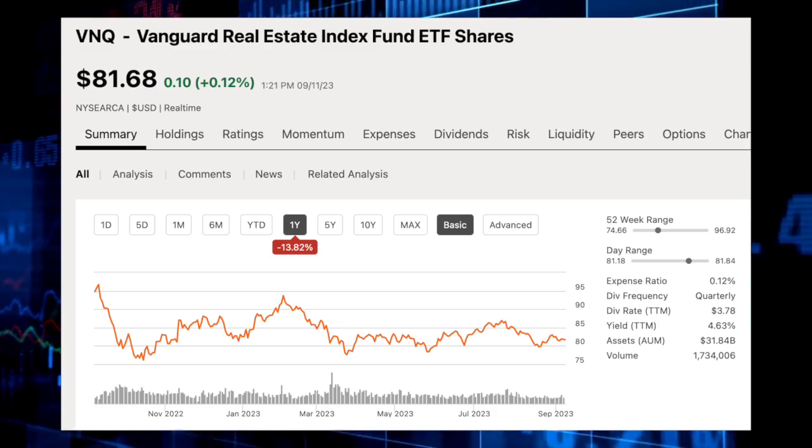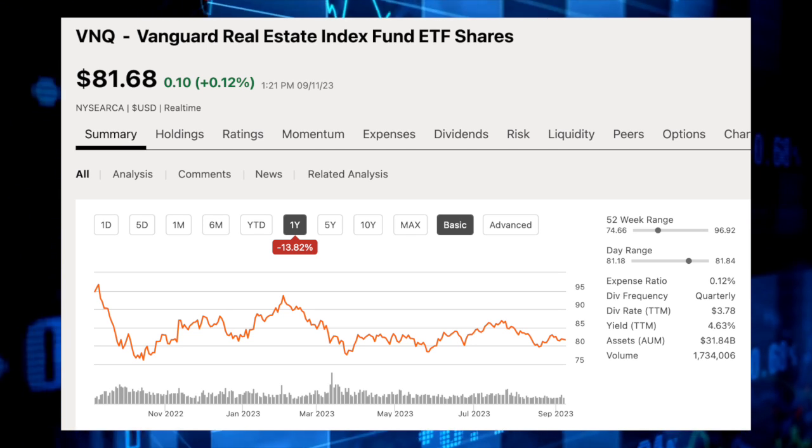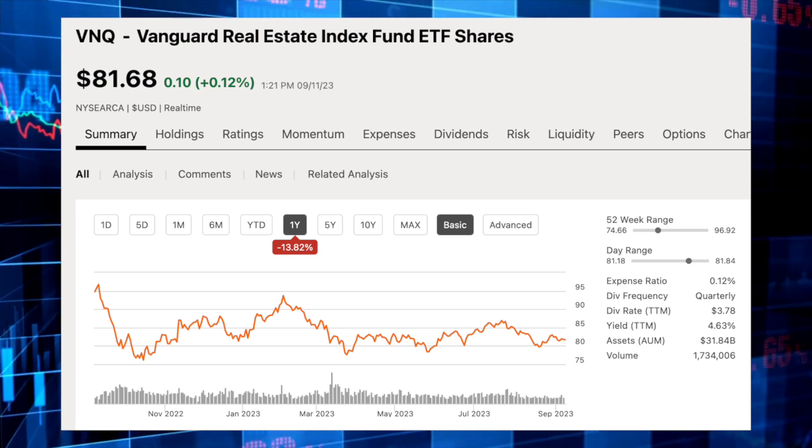ETF number 5 on our list is VNQ, which is the Vanguard Real Estate ETF. We've now moved away from technology and we're into a sector, real estate, that hasn't really been represented at all within any of the other 4 ETFs that we've covered so far. So if you're looking for specific exposure to the real estate sector, or REITs more specifically, then this is one of the most popular REIT ETFs on the market today. Over the past 12 months, the ETF is down nearly 15%, largely due to higher interest rates, which has put pressure on the sector as a whole.